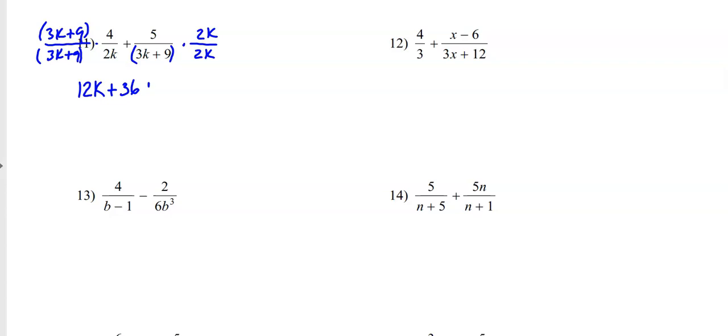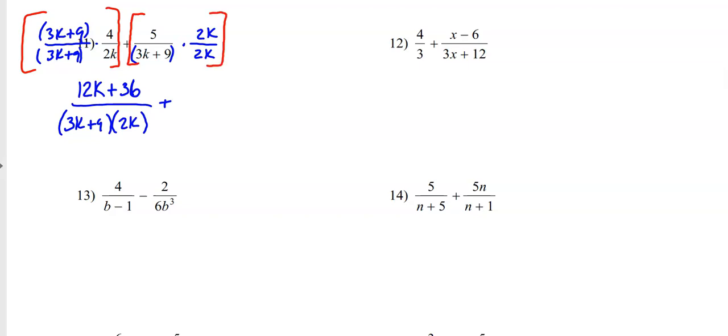Add it to 5. So I probably could just do that right now. Add that to 5. Or no, I'm going to leave that apart. My bad. This is one, I kind of got to do this whole chunk right here. So 12k plus 36 all over 3k plus 9, 2k. I'm just leaving this in here in case there's a good factoring opportunity later to cancel something out. Well, on this side, plus this stuff, that's going to be 10k